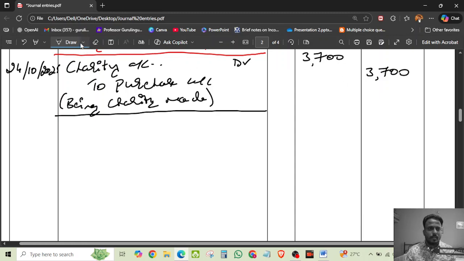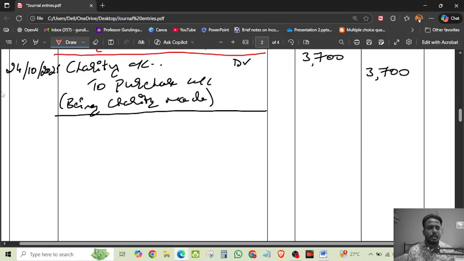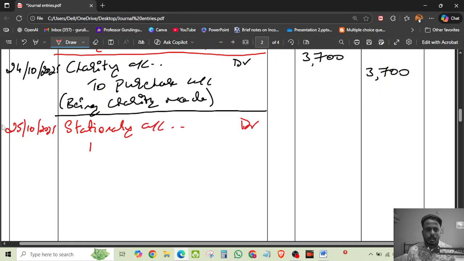After charity we will go to the last entry, that is bought office stationery. Whenever you are bringing office stationery, you need to pay in cash. So therefore what the business is receiving is stationery. Stationery is an expense, a nominal account. Stationery account debtor to cash account,